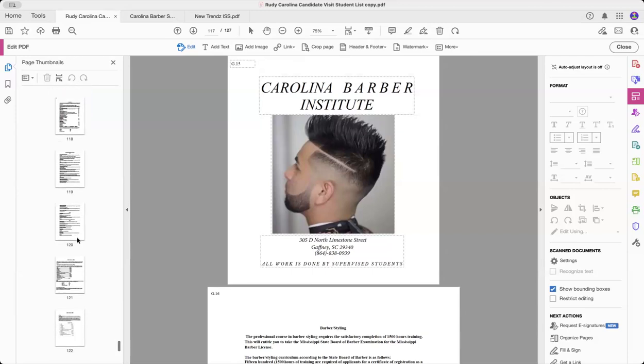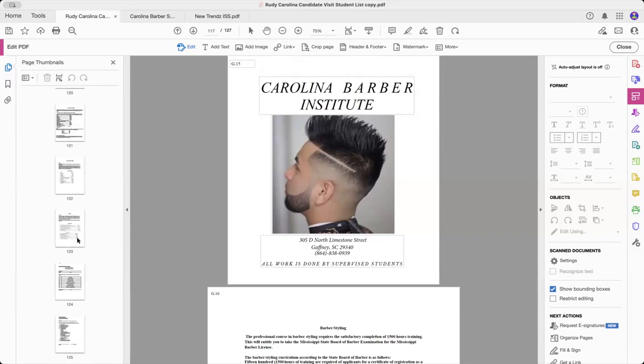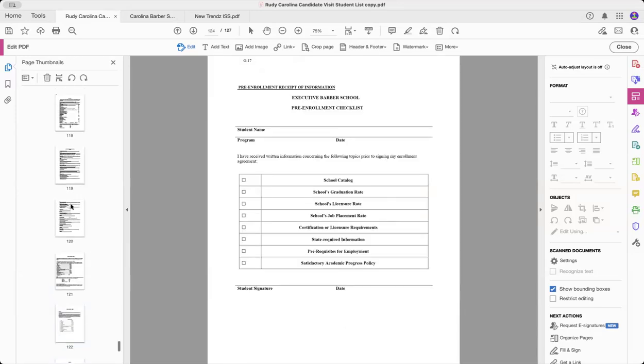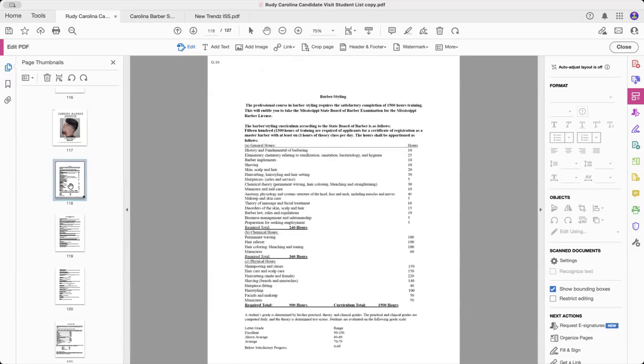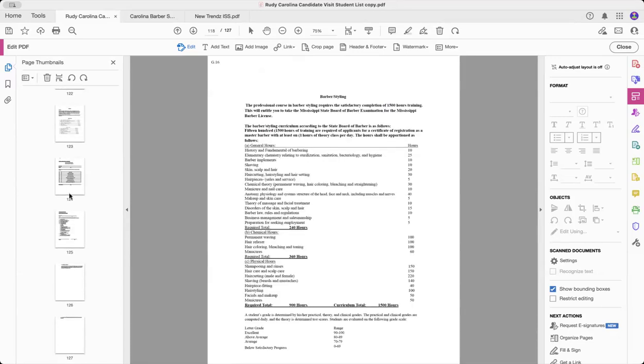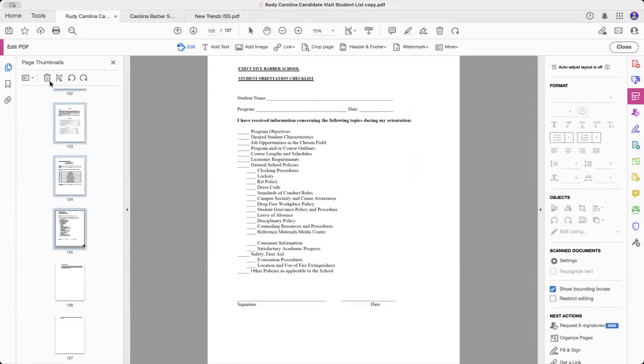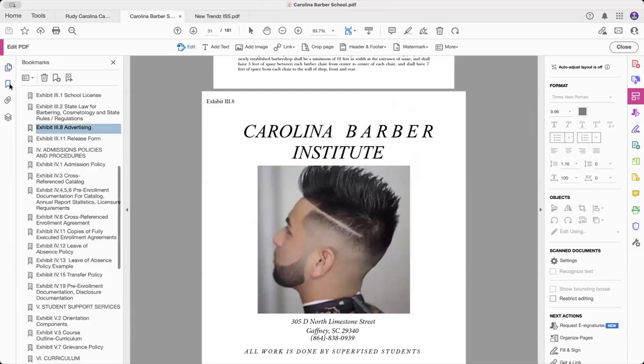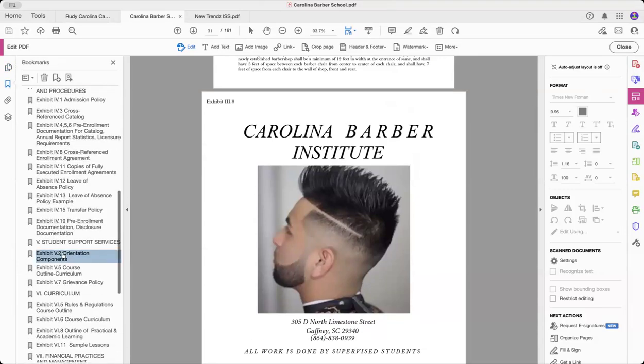Orientation information provided to students. That's going to be curriculum and the orientation receipt, pre-orientation receipt. So what we're going to do here, we're going to delete all of that and we'll put it in. So here, take this out. And all right, so at 117, so now what we got to do is get the orientation information. So we'll go here, orientation components,